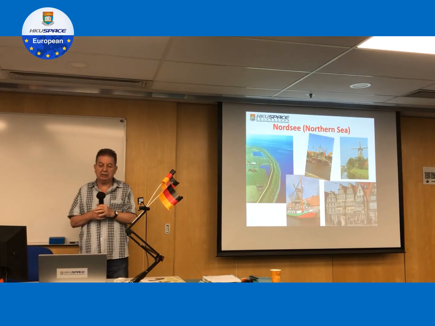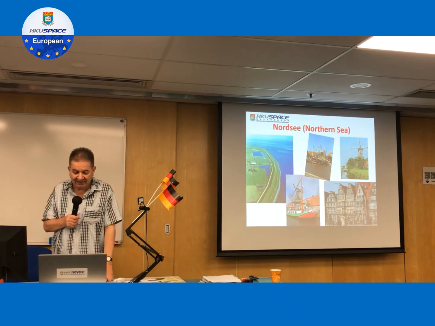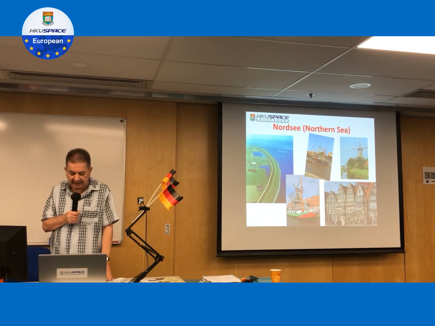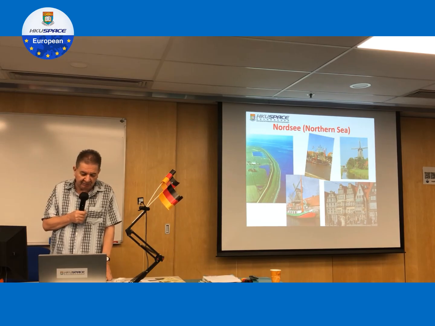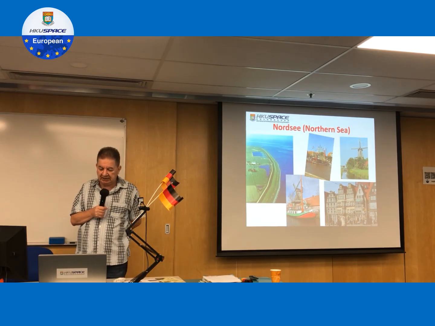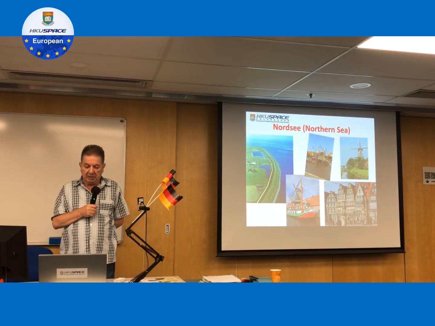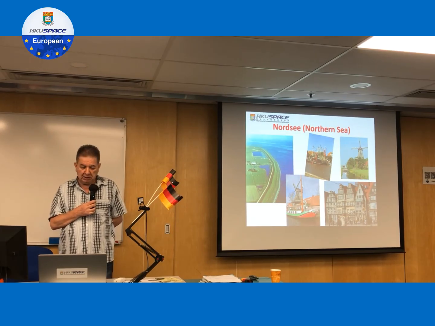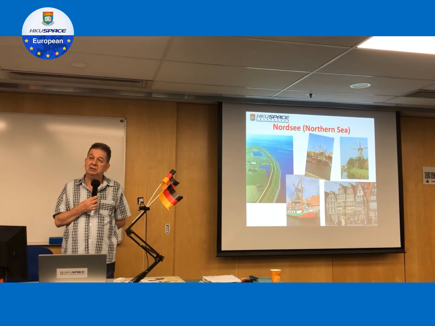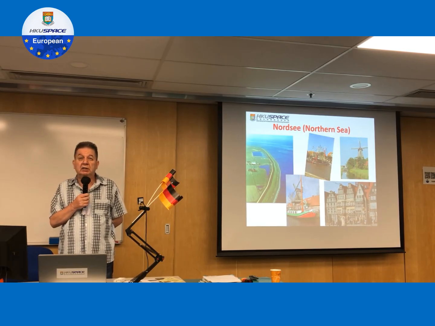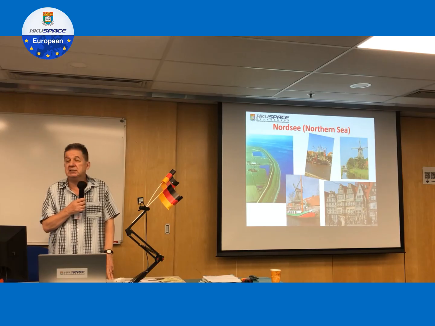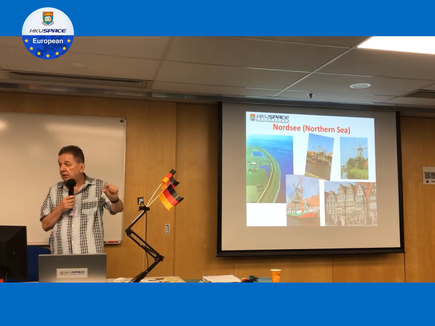Okay, let's read together. Nordsee. Nordsee. So what we see here is Nordsee. And when we look at Nordsee, we see the windmill, and we see the fishing boats, and we see a certain style of house. So basically, these pictures could also be from the Netherlands, or from the Belgian coast, right? Because basically that is one culture.